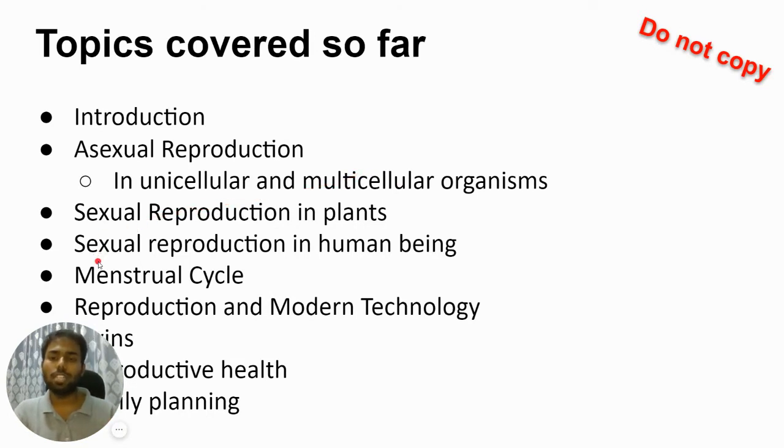Then we had seen sexual reproduction in human beings. Again, there were two important diagrams in this part: the human male reproductive system and the female reproductive system. Do you remember the diagrams? Can you draw them right now without seeing your notebooks? And if you can draw them, can you label them without seeing? If not, open your textbooks, pause the video here, and revise that one time before we actually end this learning session.